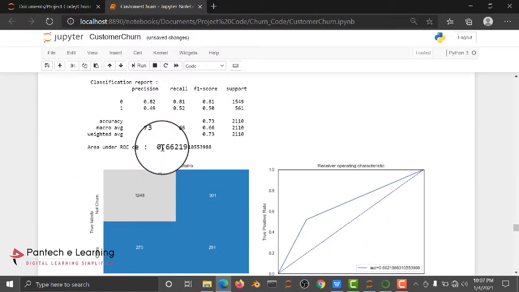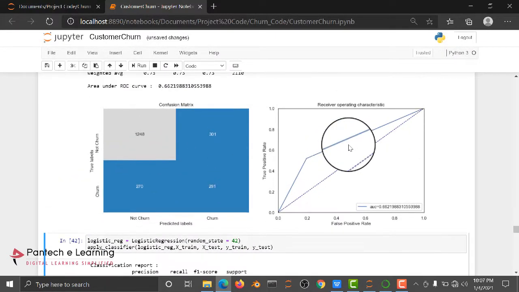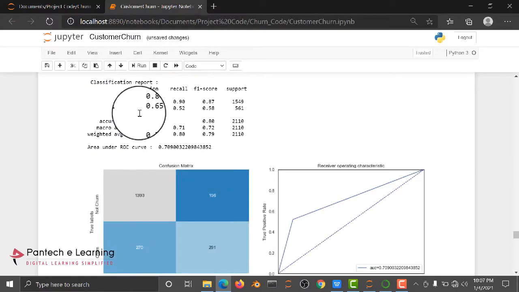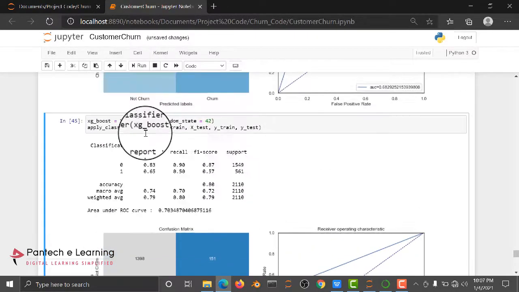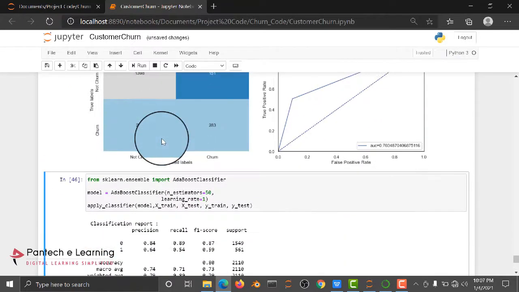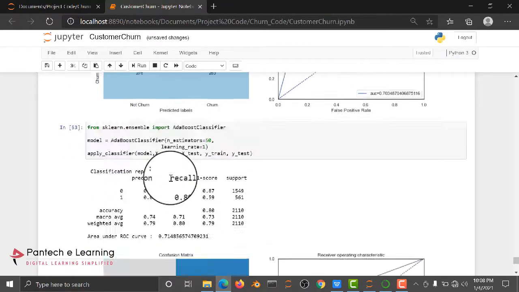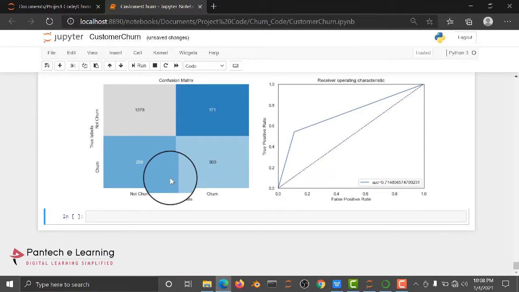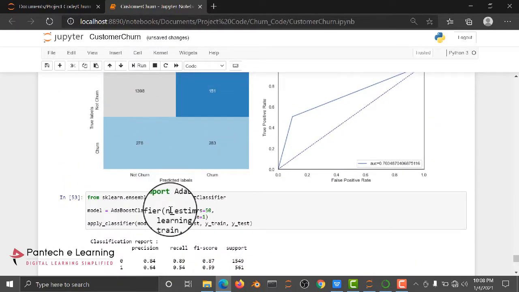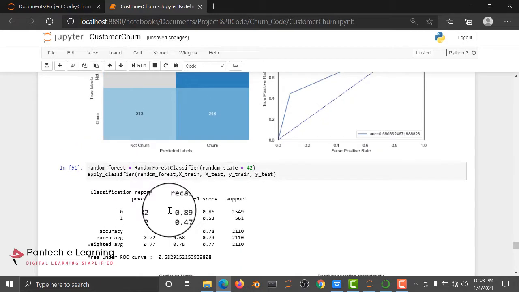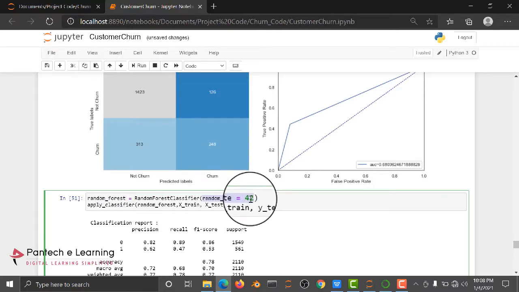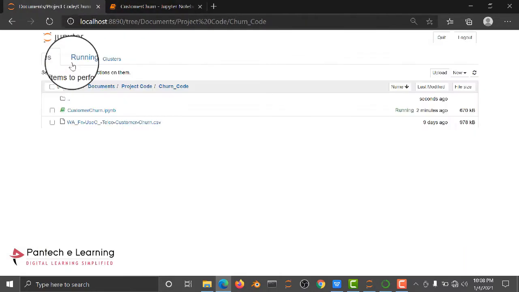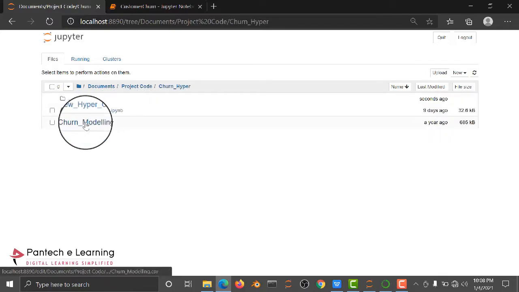So I am getting an accuracy score and a report of how it's training, and then logistic regression, and then SVM, and then random forest, and then XGBoost. Then finally we are using AdaBoost also. Okay, so this is the way you can do your churn prediction, but here we are not using any hyperparameters. For example, if you take a random forest, we are just importing the random forest algorithm and we train the input algorithm. But in the other code we are doing hyperparameter tuning.